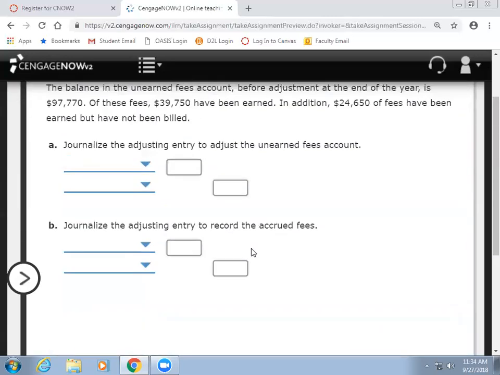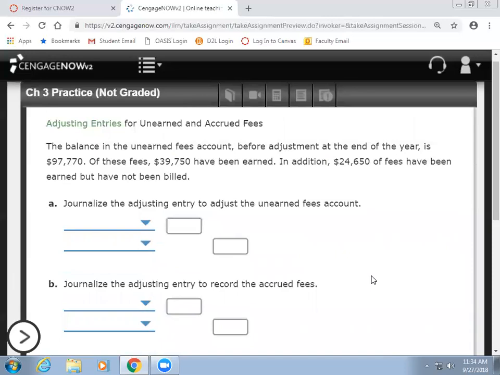All right, let's see, we're at number 9. This one is dealing with unearned and accrued fees. So again, we're dealing with accrued and unearned fees, both. So it says the balance in the unearned fees account, and again, when I hear unearned fees, that means that's a deferred revenue,